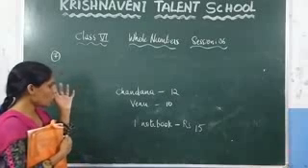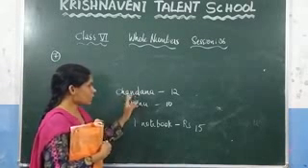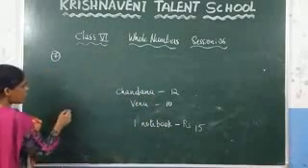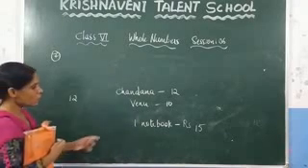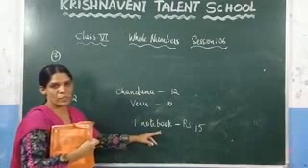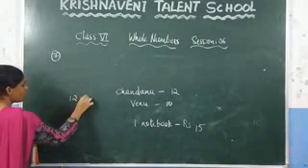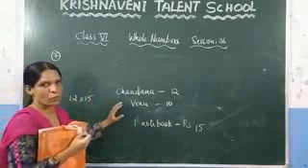So here, if you want to know that one, first calculate how much money Chandana has to pay to the shopkeeper. Here, how many books did Chandana get? She got 12 notebooks. You know that the cost of one notebook is 15 rupees. What will be the cost of 12 notebooks? You just need to multiply 12 with 15. Right? This much money she has to pay to the shopkeeper.